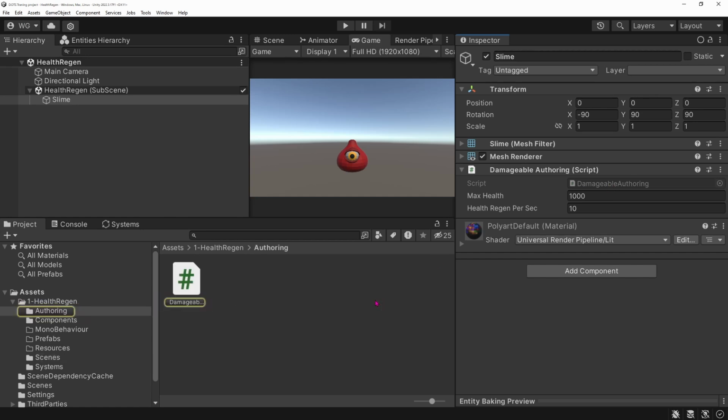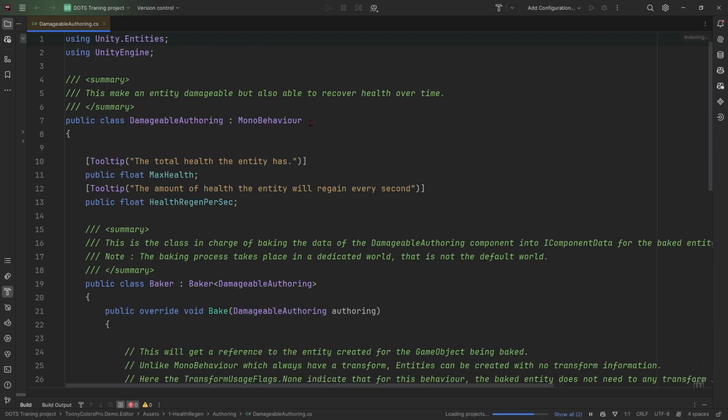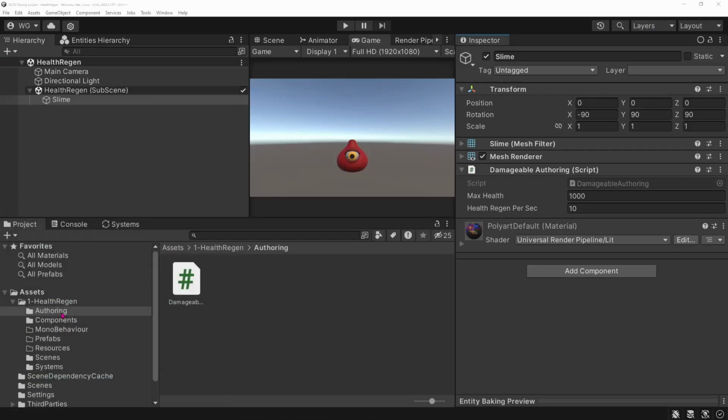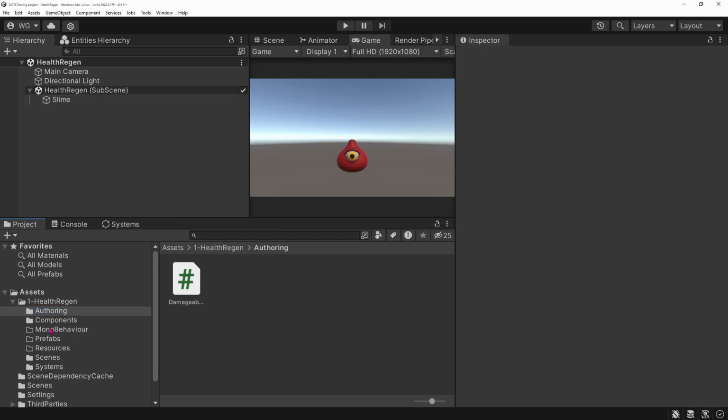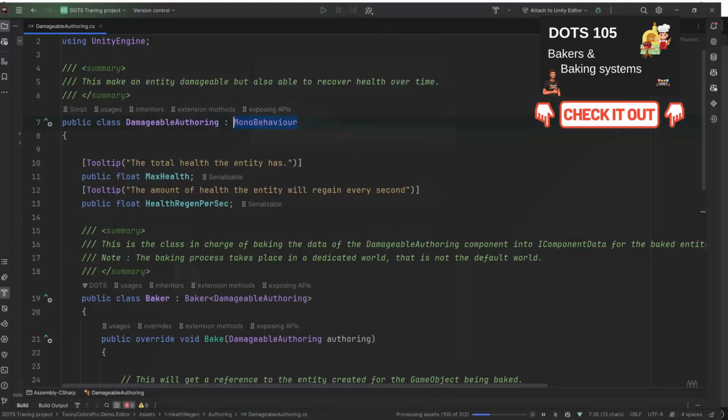If we have a look at that component, here I'm using Rider, but you can use any other code editor you want. And as you can see, it's a mono behavior. I've made a distinction between the authoring and the mono behaviors because basically the authoring are not meant to be executed at runtime, whereas the mono behaviors are the usual game object components that can be executed at runtime.